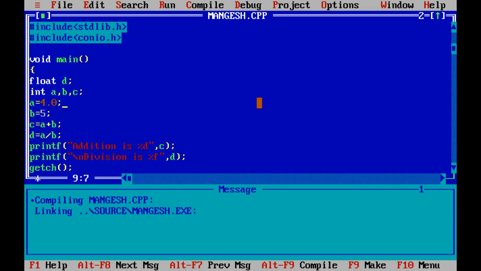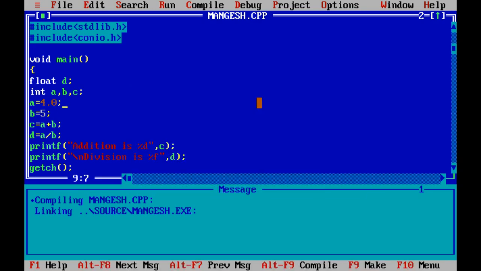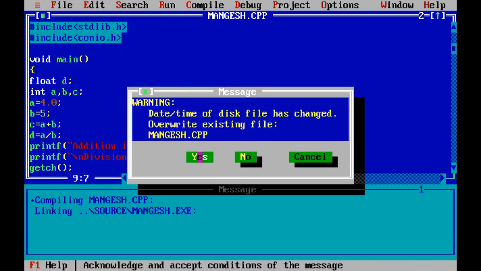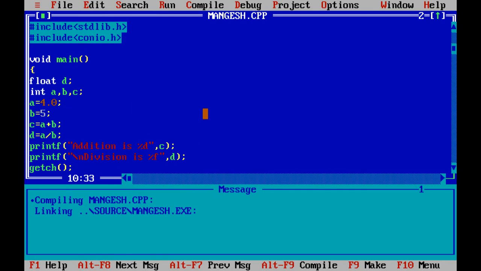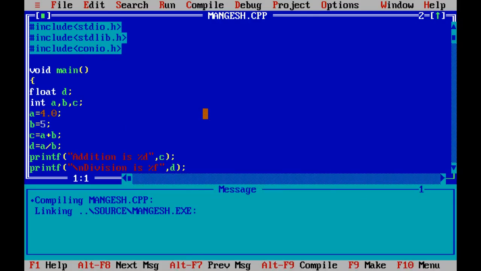Now I will save this file first of all. F2. Yes, I want to save it. And I'll run now. Control F9. What happens here? We'll see what's happening.